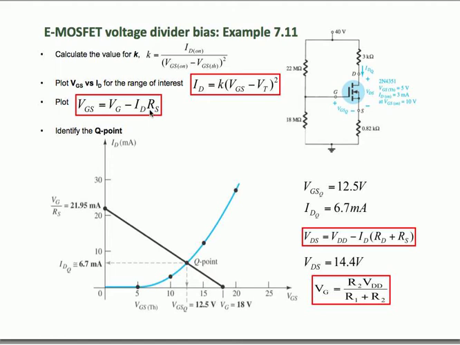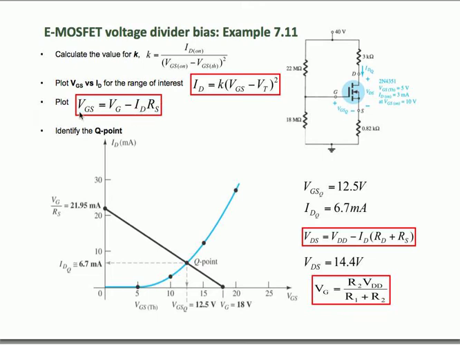And the third step is then to plot your load line, and your load line is given by this equation here. It is formed by doing a KVL around the GS loop. So you just need 2 points to plot this load line here. And the first point you can find by setting the value of drain current equal to 0. So if you set your drain current equal to 0, this term here, ID times RS,